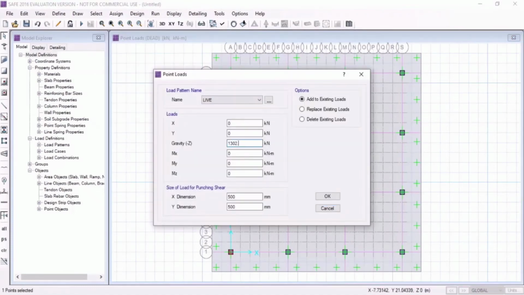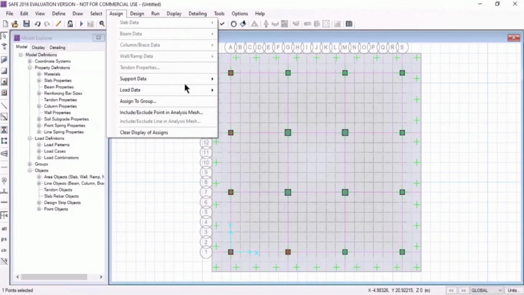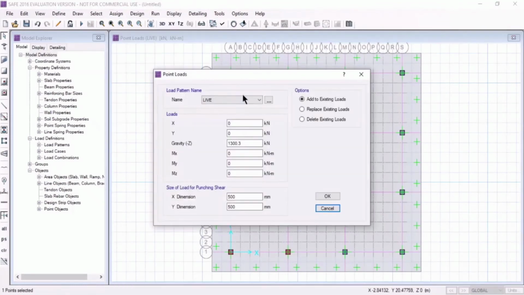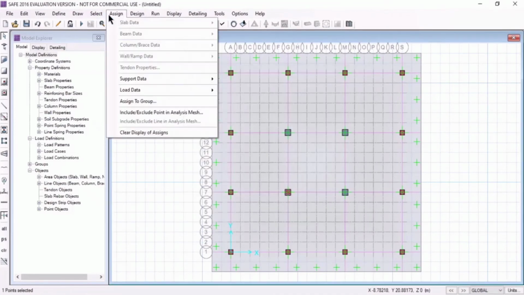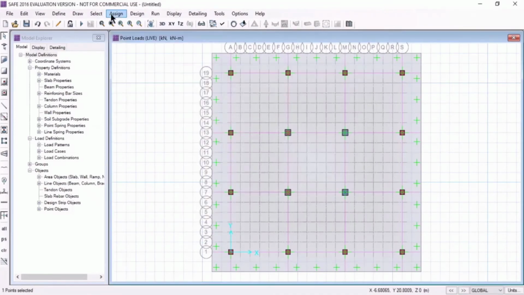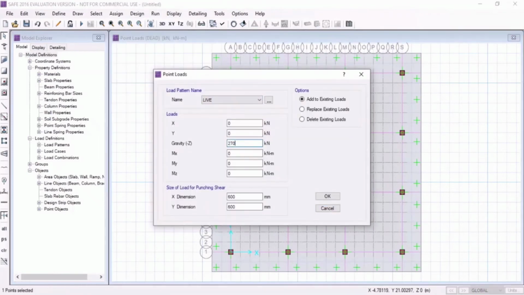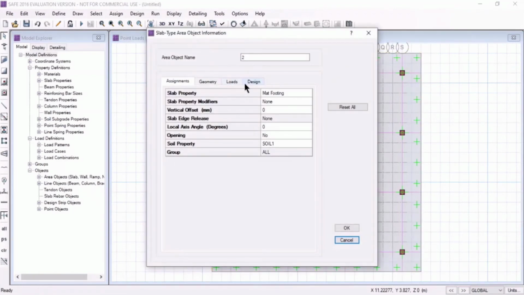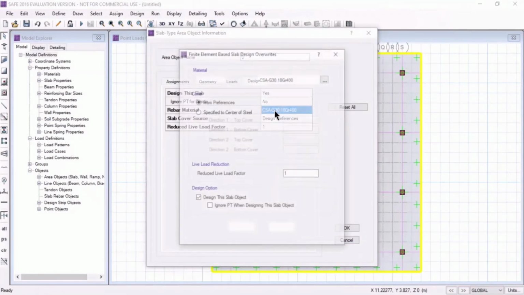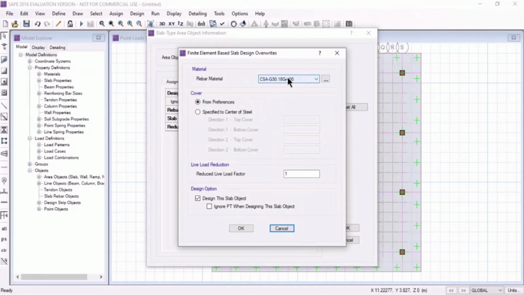So we will assign the dead load and live load for each column and give the punching shear values as per the width of the column. Now assign the rebar HYSD 500 to the stirrups as well as to the foundation slab.